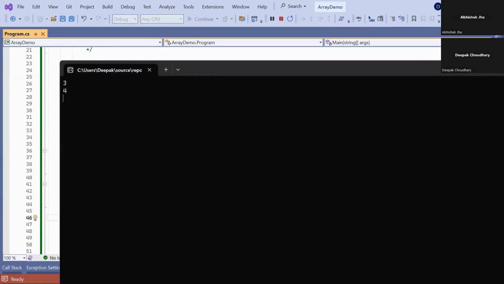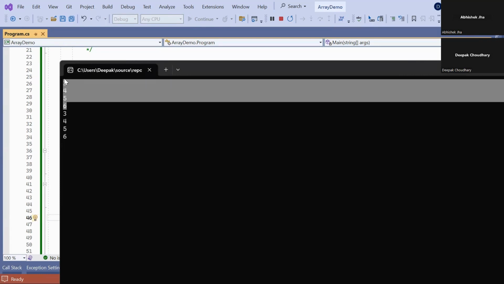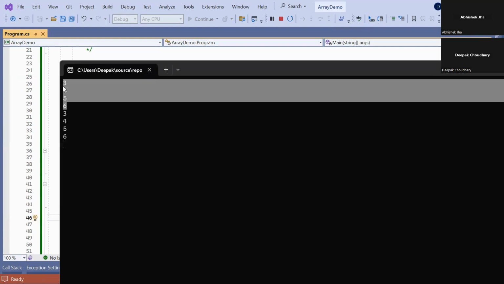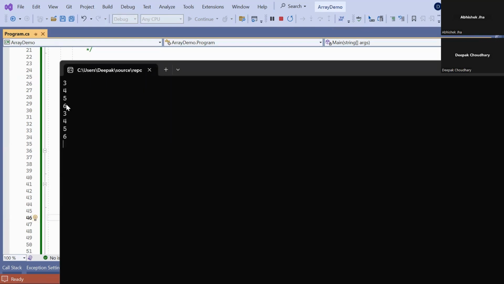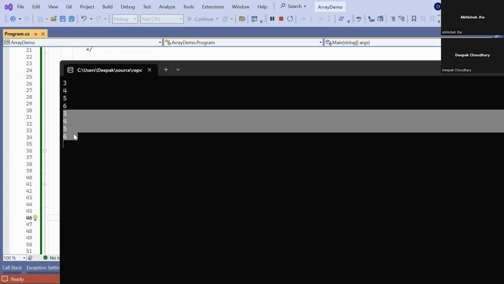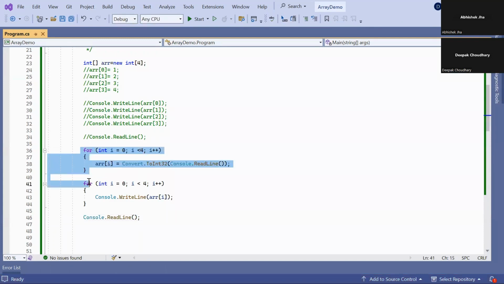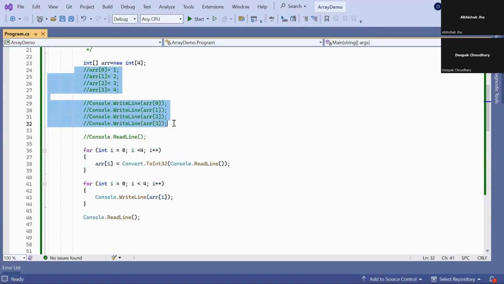So 1, 2, 3, 4. See, first of all we get the input from the user and assign that input to the array, and in the second loop we get the array information and display it on the UI. So this is the best way to assign and display both. This is not a good approach to assign, but we can do it like that also.